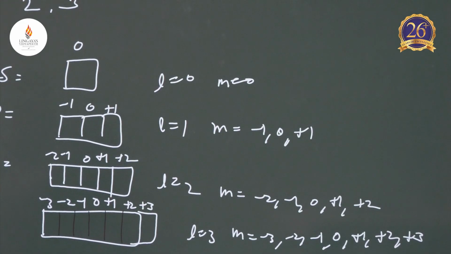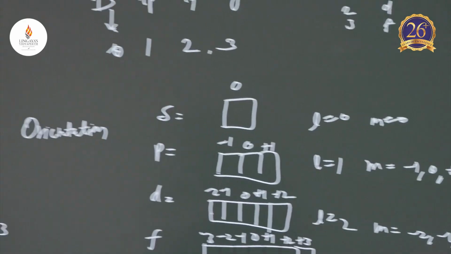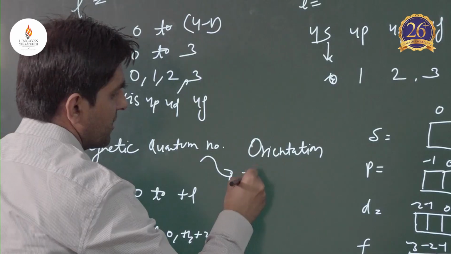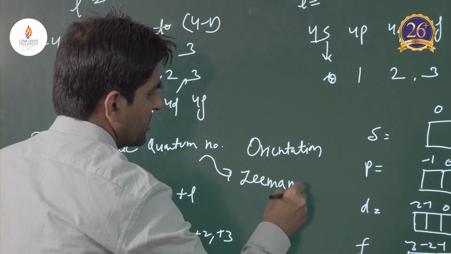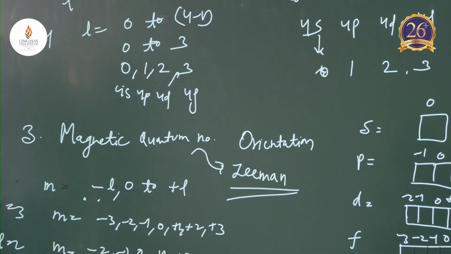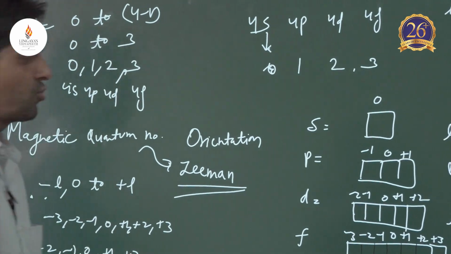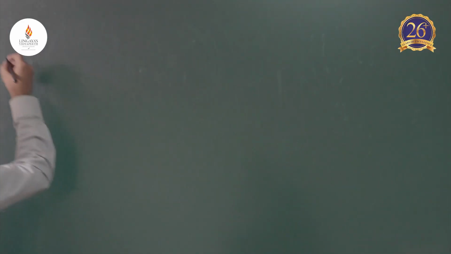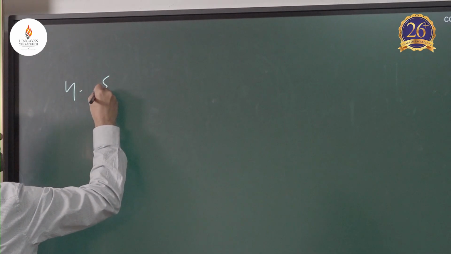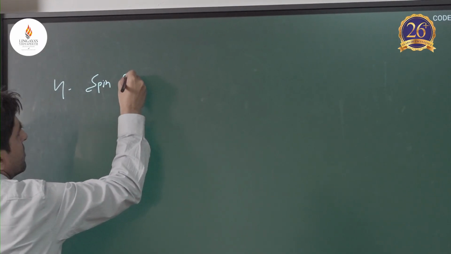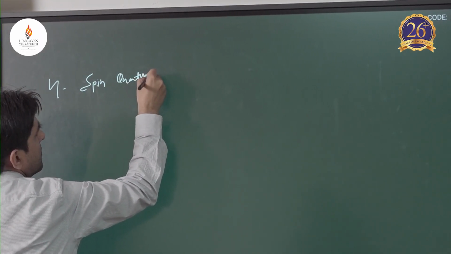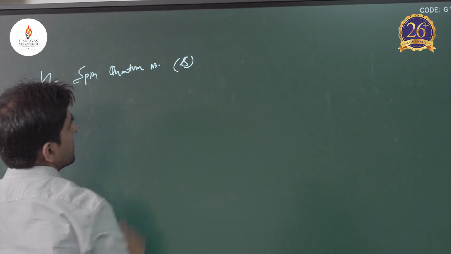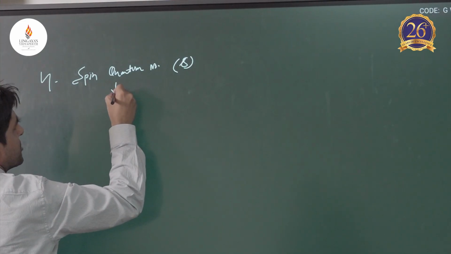Magnetic quantum number is actually the splitting of spectral lines in the presence of a magnetic field. It is given by Zeeman. Now the fourth quantum number is the spin quantum number, denoted by small s. It gives the direction of spin